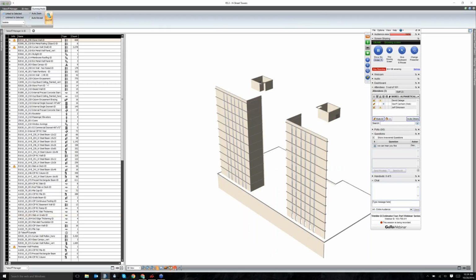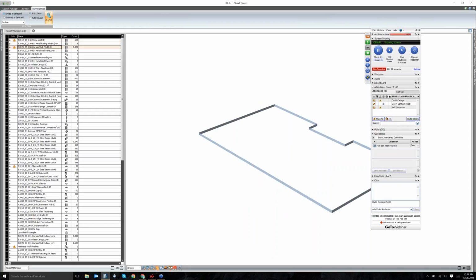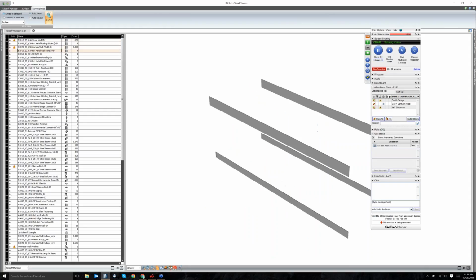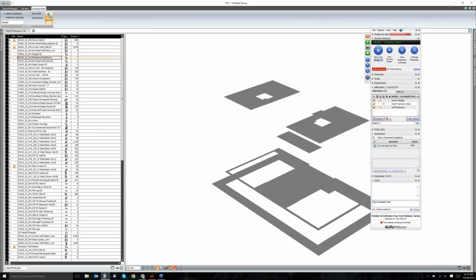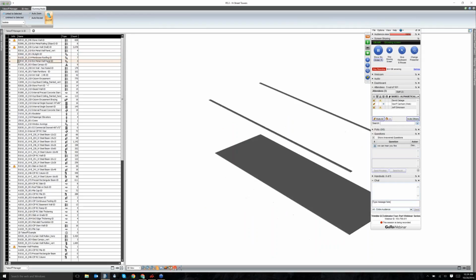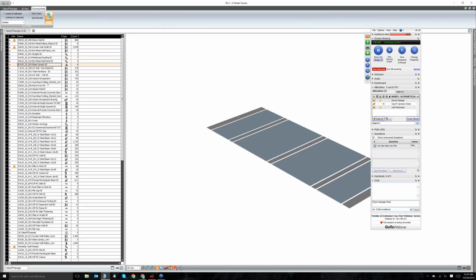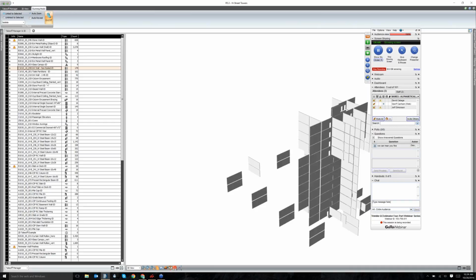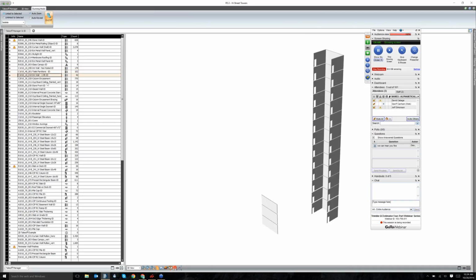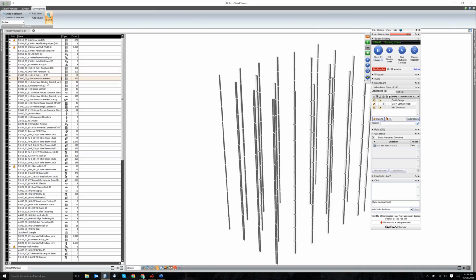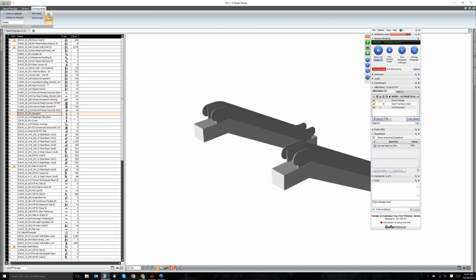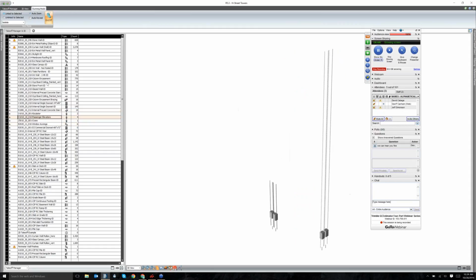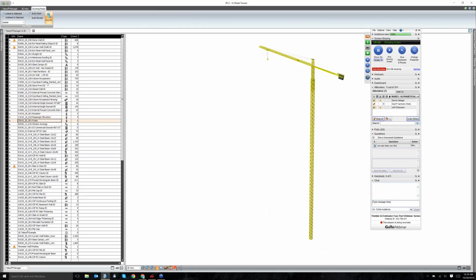we can actually view each of these elements isolated in the 3D view, so we can see exactly what it is, isolated from the rest of the project. So I've got my skylights, I have my metal wall panel, my glass canopy, my interior walls and non-rated, I have my toilet partitions, column encasements, and I can just go down the list and start understanding at a deeper level. And you can see our elevators there. I have my crane,